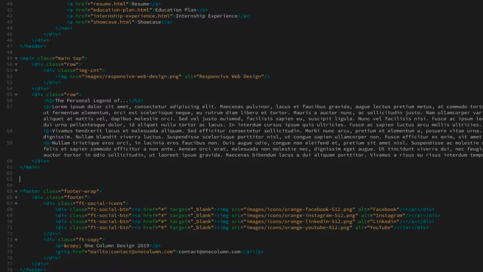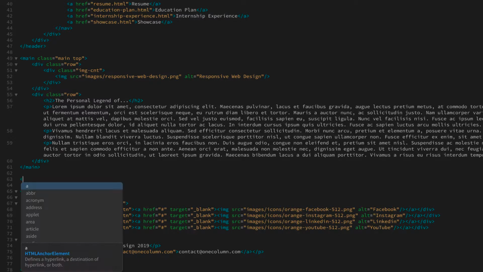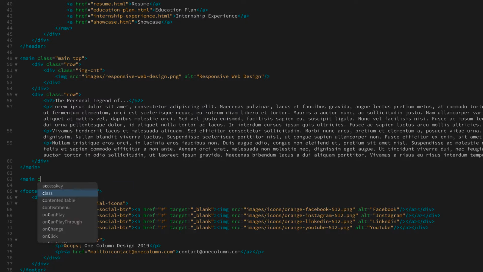It's a little bit easier to find later on, and kind of keeps it nice and neat that way. But that's just me. I'm sure it's probably not the right way to do it, but that's the way I like to do it. So I'm going to type in a left caret here, main class main again,